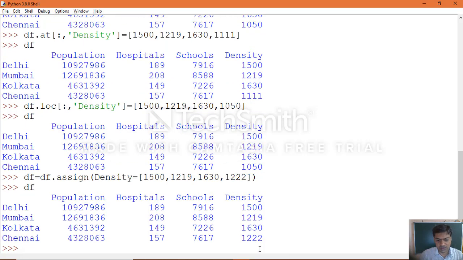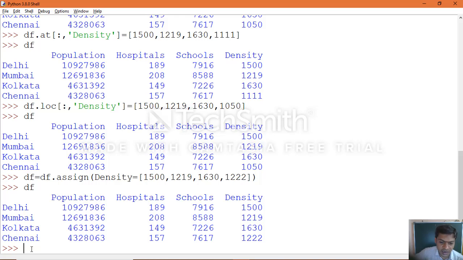As you can see, only the last value we changed, and everything else remains the same as what we created earlier when we added the new column density to the existing data frame object. Now I think it is clear how we can add a column or modify the entire data of a column in an existing data frame object.